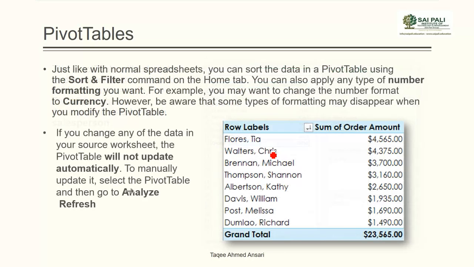Now it is not showing a price format, a currency format, so you can format your table accordingly, like you normally format your text. You can format this text, you can format anything else. If you want to format it into number format, you can do it with that. You can convert it into currency also.